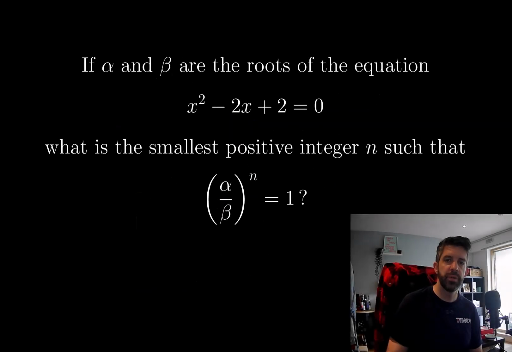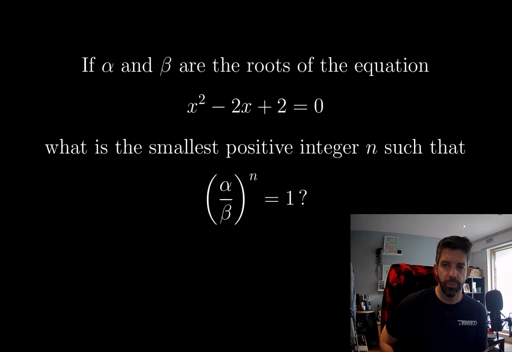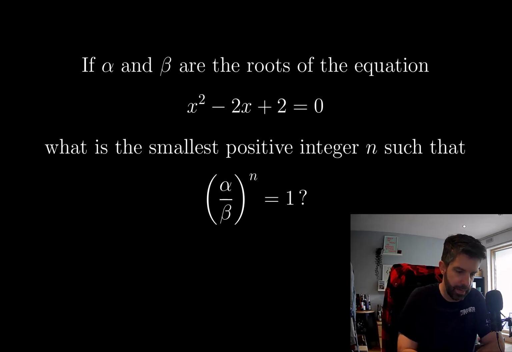Today's problem was submitted by a viewer, and it says, if alpha and beta are the roots of the equation x squared minus 2x plus 2 equals 0, what is the smallest positive integer n such that alpha over beta to the power of n is equal to 1? Okay, well, I think